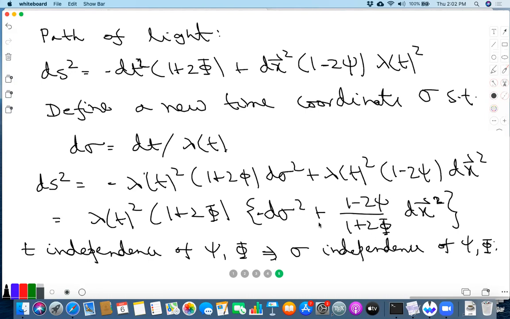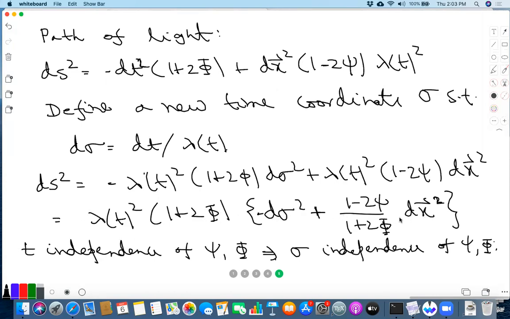Now I'm going to use a property of null geodesics, which you can easily prove, but I'll not try to prove it. The null geodesic in a given metric does not change if you multiply the metric by some overall factor, even if it depends on space and time. This of course depends on time, and in general on space, but it doesn't matter. As long as there is an overall factor, the null geodesics are not affected by that factor. So the null geodesics in the original metric are the same as the null geodesics in this metric.